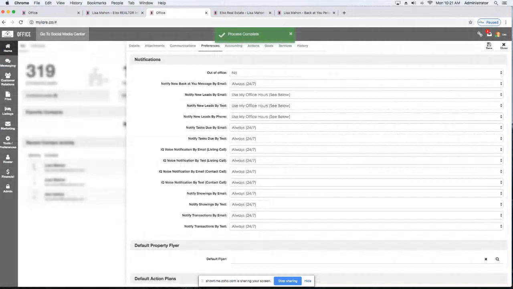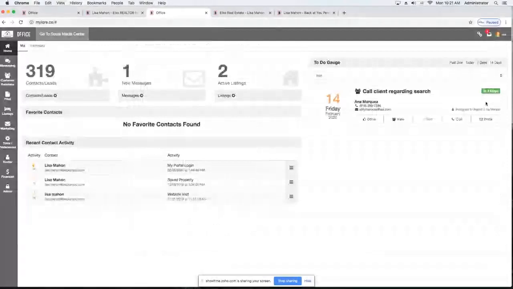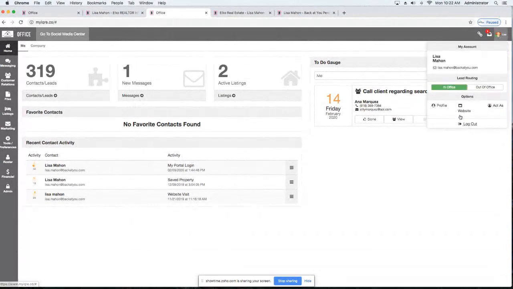And that is pretty much all we're going to cover today. So I do want to just kind of do a brief recap because we have a minute or two of everything we covered. And hopefully, if you guys have any questions, you can type that in while I'm doing the recap. So today we covered your websites and setting up your templates and customizing your websites, and then also your profile settings. So in order to get to your website, we came up here on your dashboard, clicked on the website link,